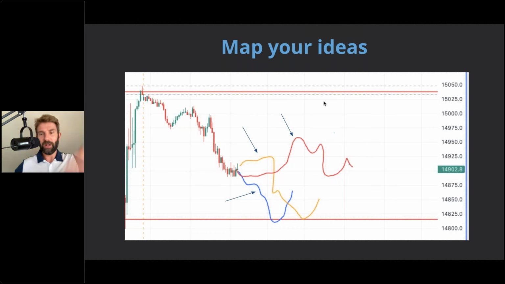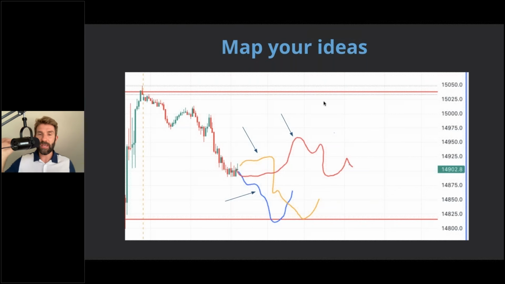So last time everyone laughed at my little toddler drawing of crayons here, which is us mapping out our ideas, right? And this really helps. I know this is stupid, and you can use the ghost feed. We talked about that last week. You can do stuff to make it a little bit better, a little bit more adult, shall we say. But all I'm really doing here is having some ideas in my mind of how price could get to a level, what price could do. And this might not happen, right? And again, we'll talk in a moment about how we recalibrate to the conditions.